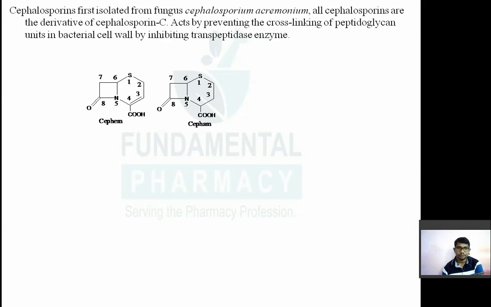Now cephalosporins. They were first isolated from Cephalosporium acremonium. All cephalosporins are derivatives of cephalosporin C. They act by preventing the cross-linking of peptidoglycan in the bacterial cell wall by inhibiting the transpeptidase enzyme. There are two kinds of rings present in the